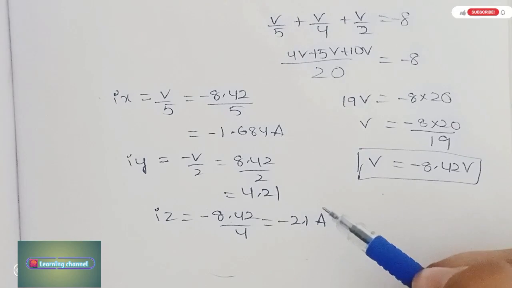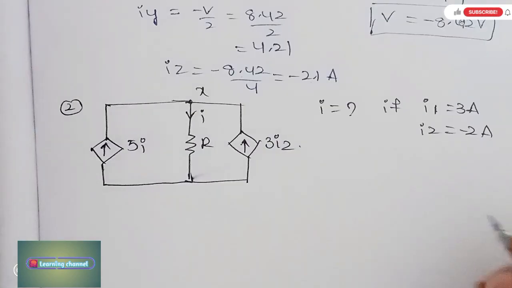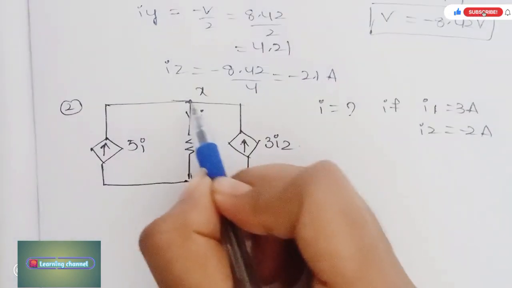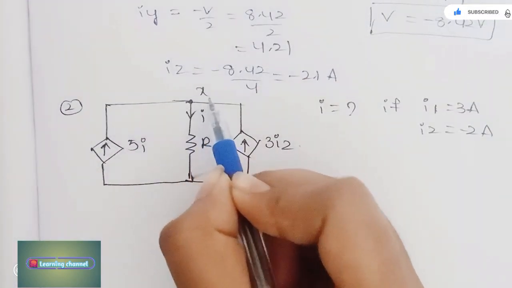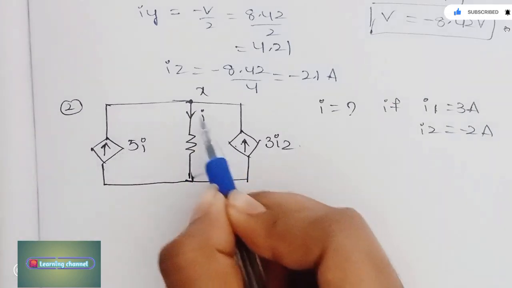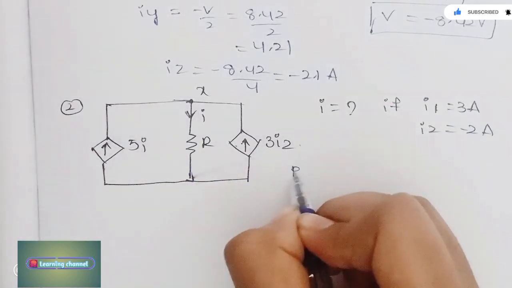Let us see another problem on KCL. The second problem is very easy. If you understand the first one, then you can solve it easily. So this is the node X. At node X, the two currents are entering and one current is leaving. So by applying KCL,